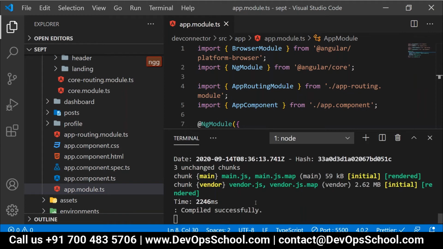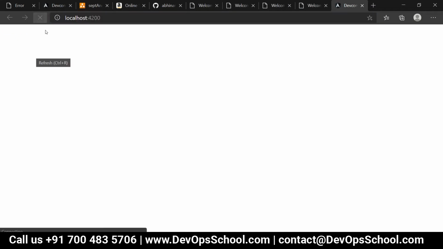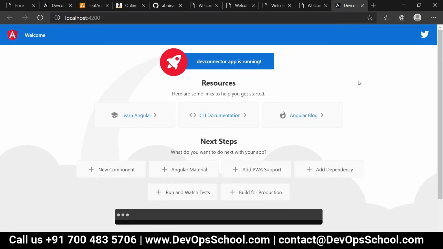Okay. Now, people, if we have a look at the UI part, now it's showing this thing, correct? I'll press F12 also over here.